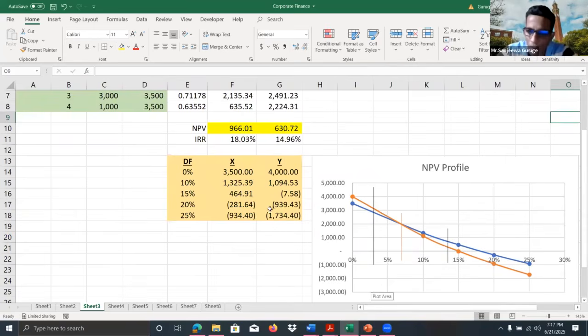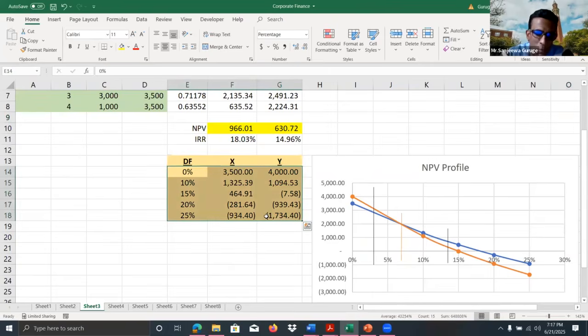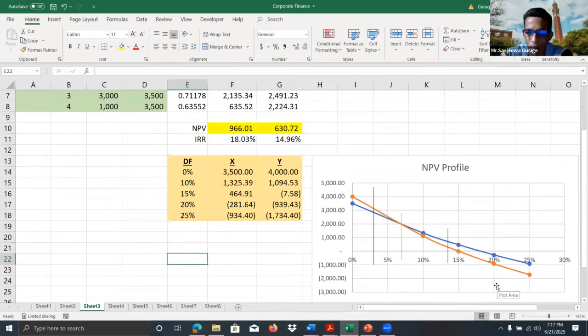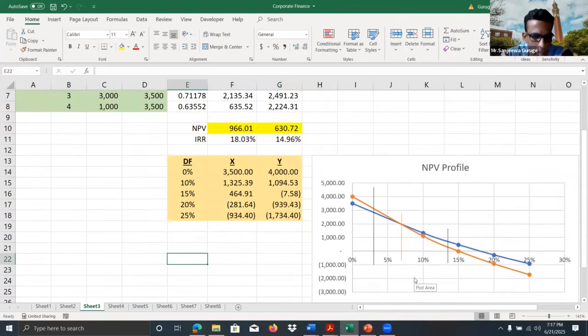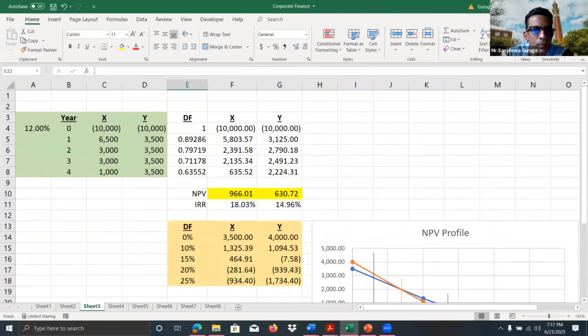Even to draw the NPV profile, if we are going to do this manually, it's not easy to calculate NPV so many times using different discount rates, but we don't need that much information to draw the NPV profile. That's fairly easy, right? So how can you draw the NPV profile? One important concept, especially when we compare mutually exclusive projects: to draw the NPV profile, it's easy.